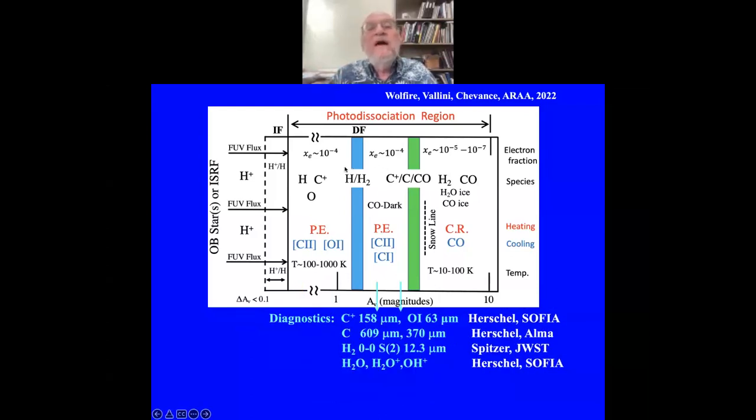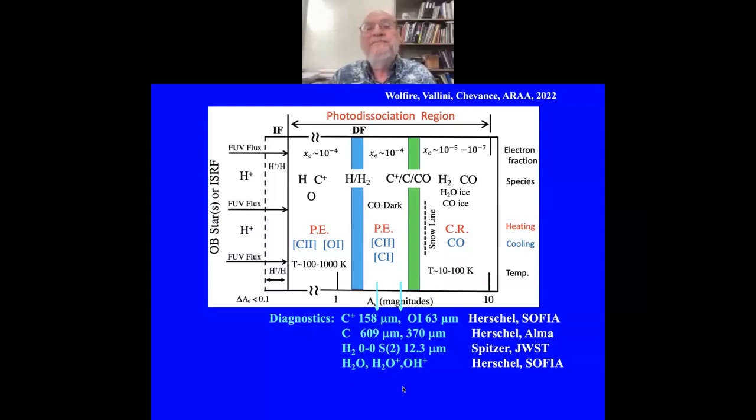Then deeper into the cloud, the UV is diminished due to dust opacity. H2 starts to form on dust grains, but it's no longer dissociated. So you have a transition between atomic to molecular hydrogen. C+ can combine with electrons to form neutral carbon. The heating is still by grain photoelectric heating and balanced by C+ and O I line cooling. You also start to see the C I fine structure lines, and you also see vibrational and rotational excitation of H2